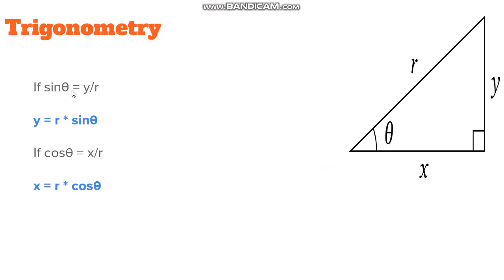The shadow of this particular line in this direction will be something like this, which is the opposite. So that's the shortcut I was talking about. For example, y is nothing but r